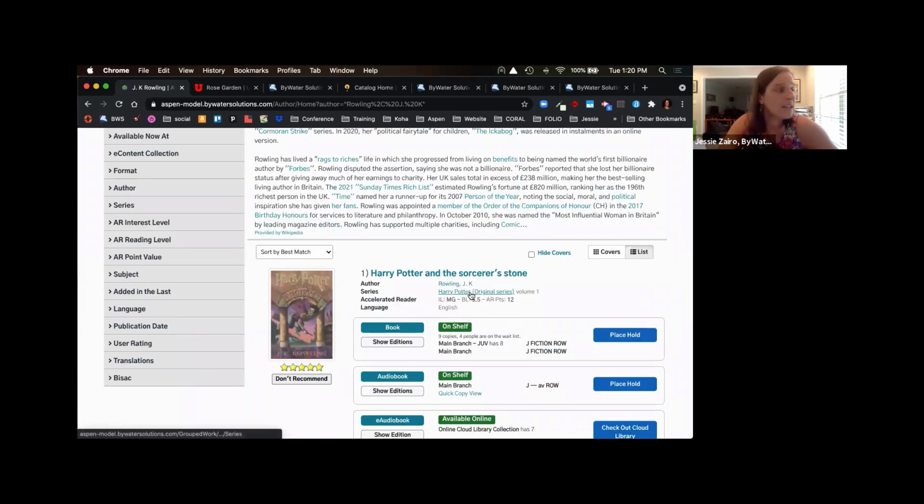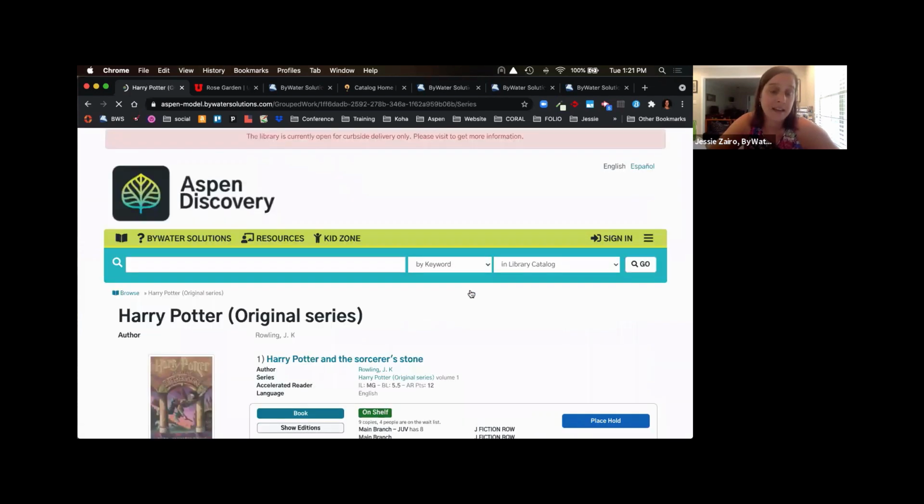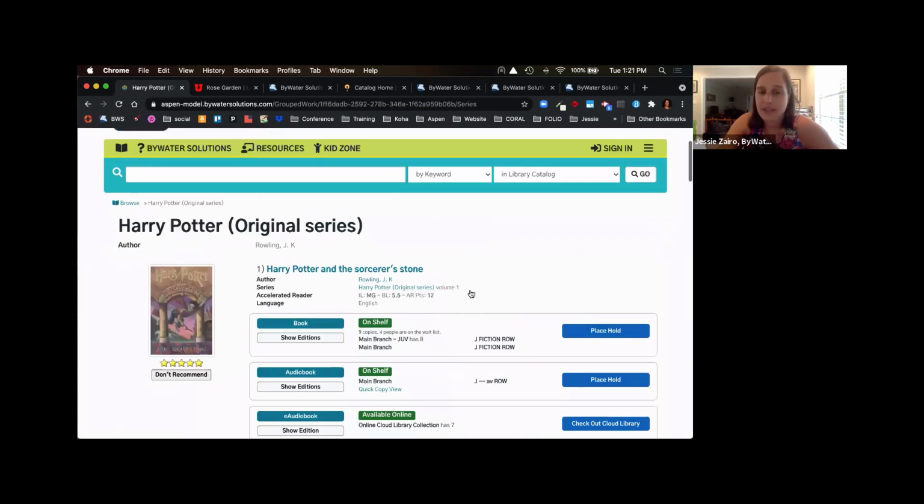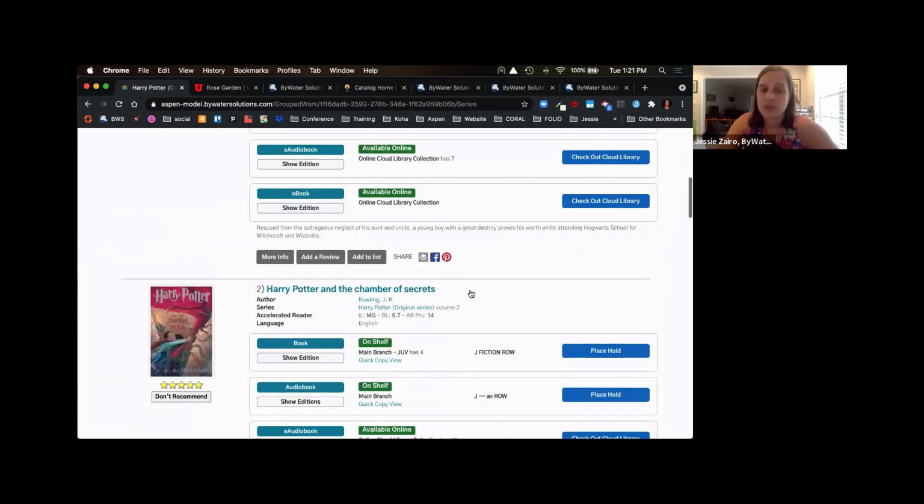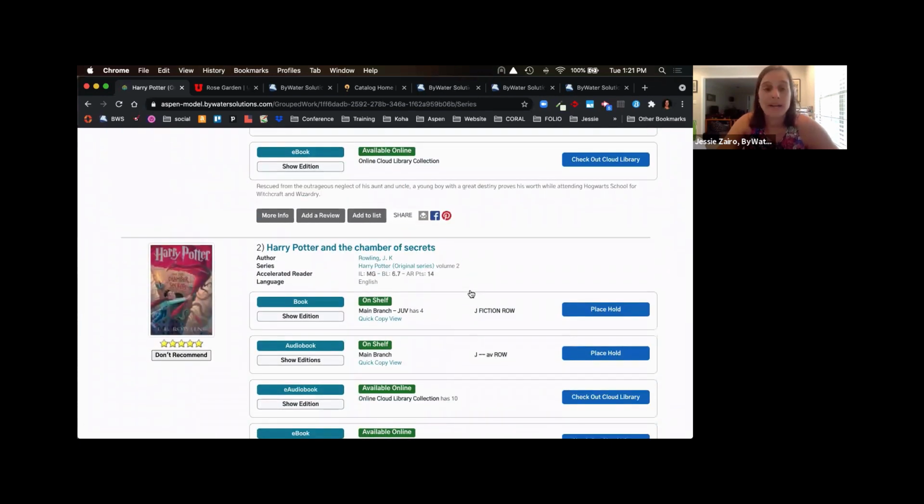If you're interested in looking at the entire series, you'll notice that I can click right on that Harry Potter original series link. That's going to take me in where I can see all of those titles in the exact order. This right here is probably one of my favorite features about Aspen, because how many times do you go